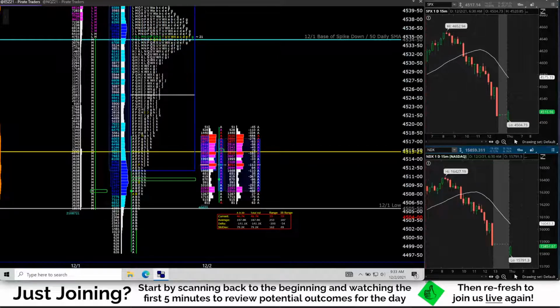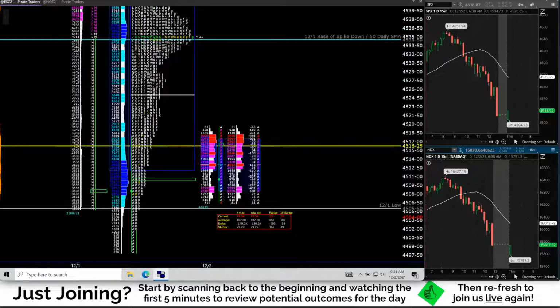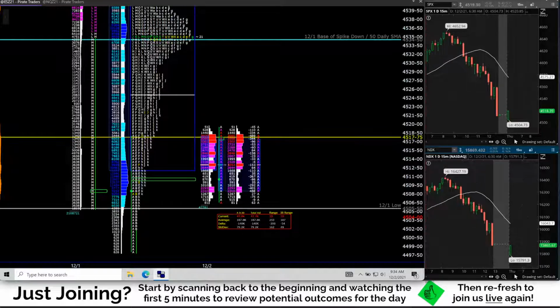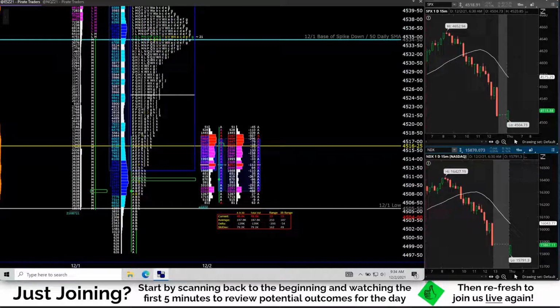Trading Donkey saying it's a sell the rip market when the daily is one time framing lower. I wouldn't make that argument just because the daily is one time framing lower, but I would make that argument because that's what today's market is, unless we can get above that 50 daily and then come back down and find support.